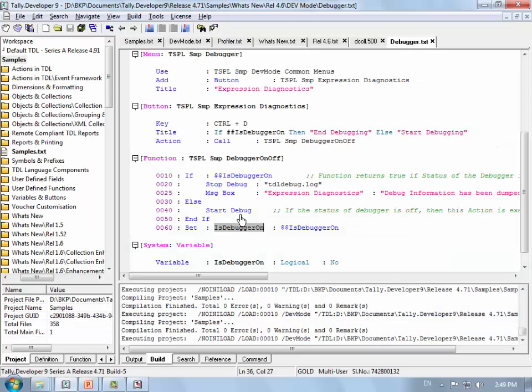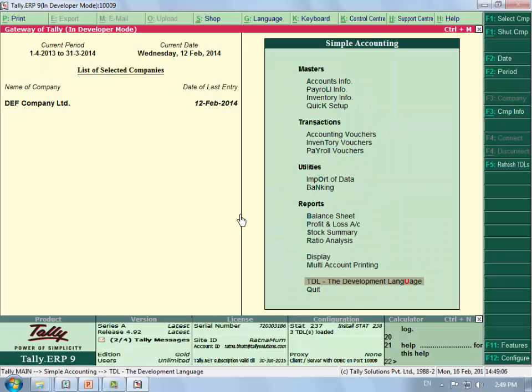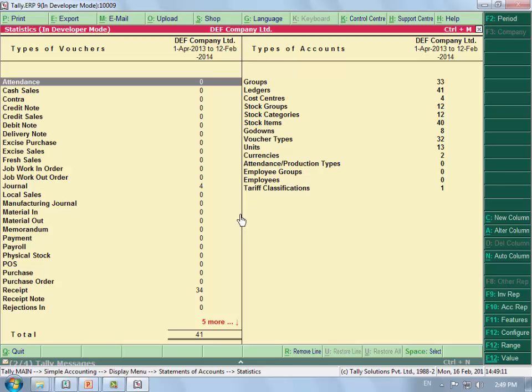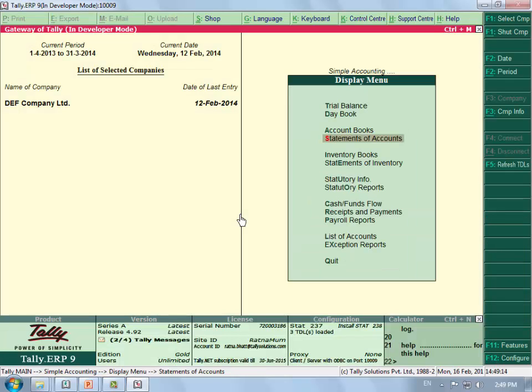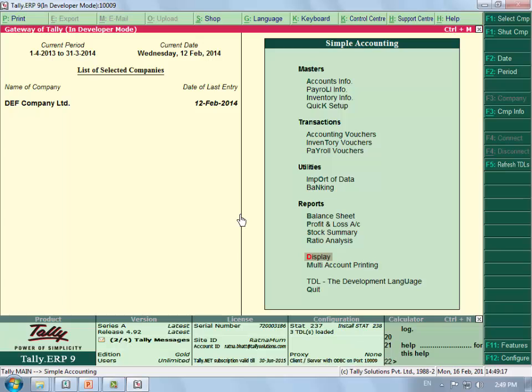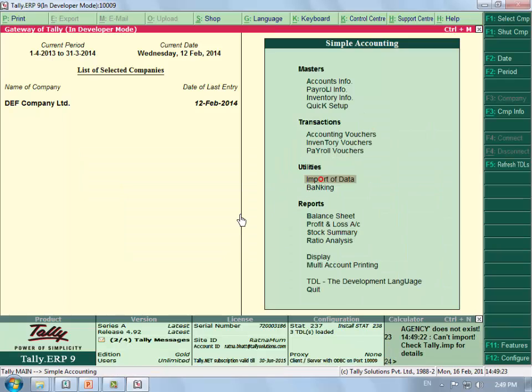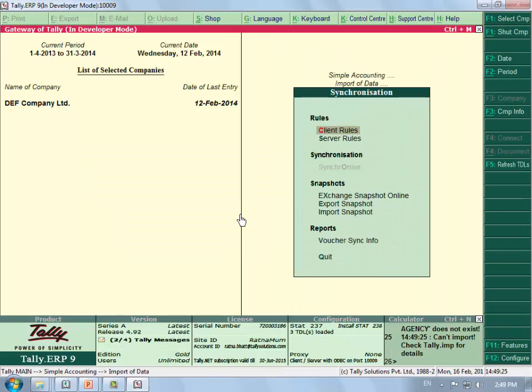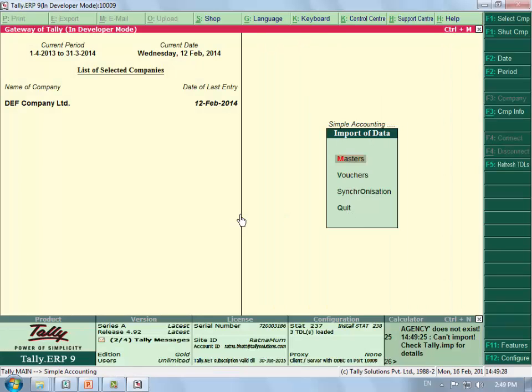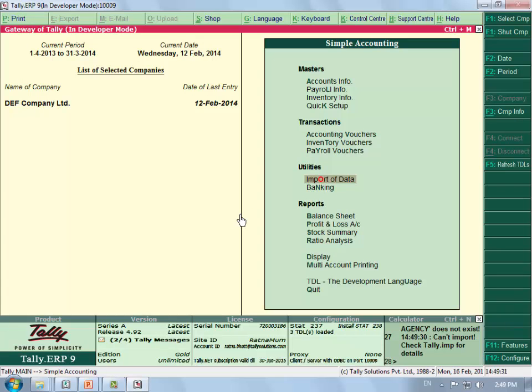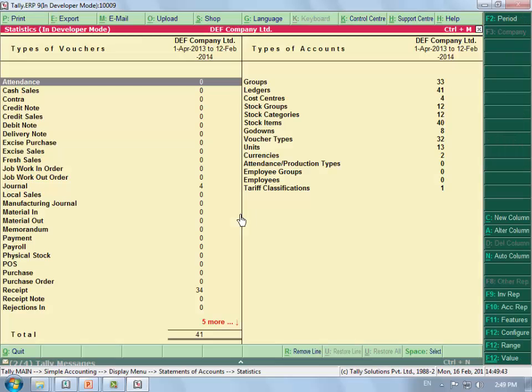For doing certain kinds of testing, you have to keep going in and out of Tally. Like whenever you do some import and you come here, you have to do DSS to check the statistics. Now, you have to do this after every import you do. So you first say import of data, vouchers, and you press enter. So it's basically OV enter, OV enter. You will have to keep doing this multiple times, and after every import you have to do DSS.